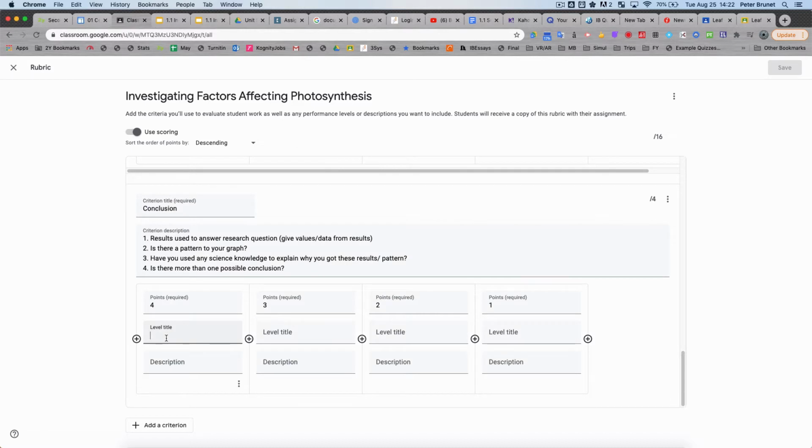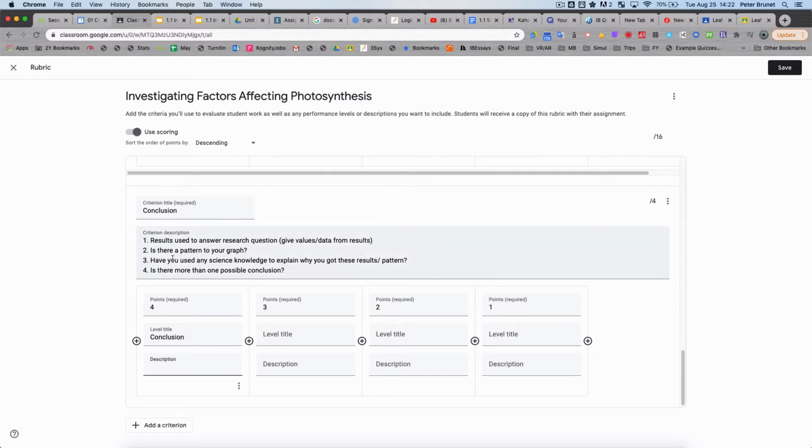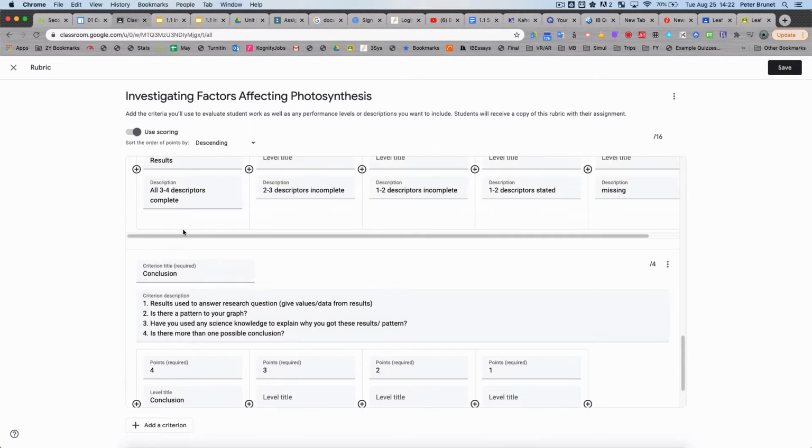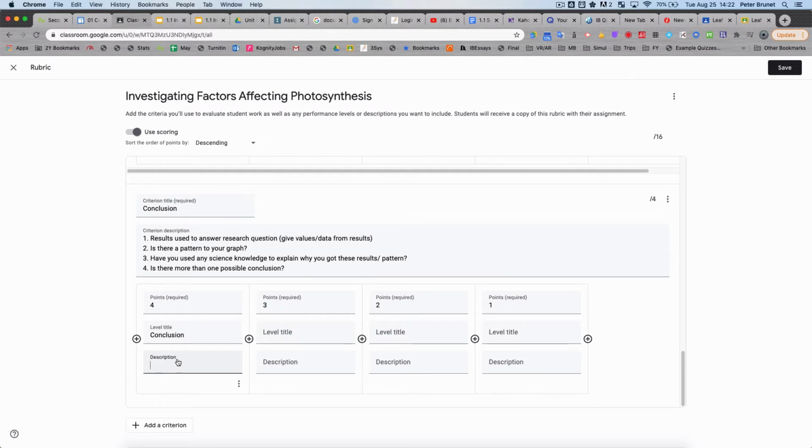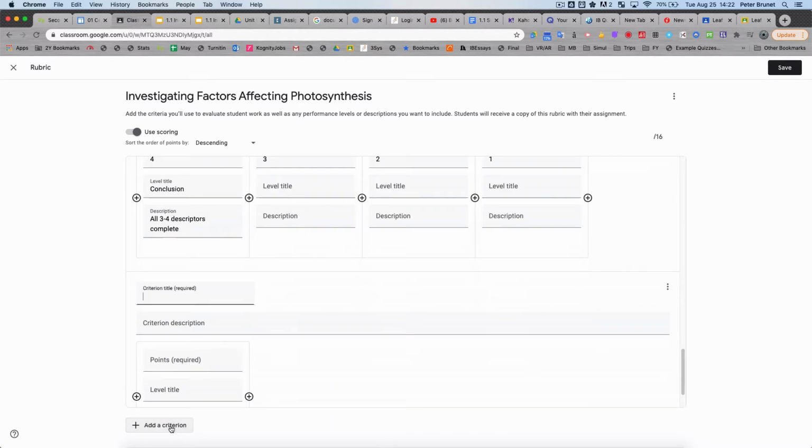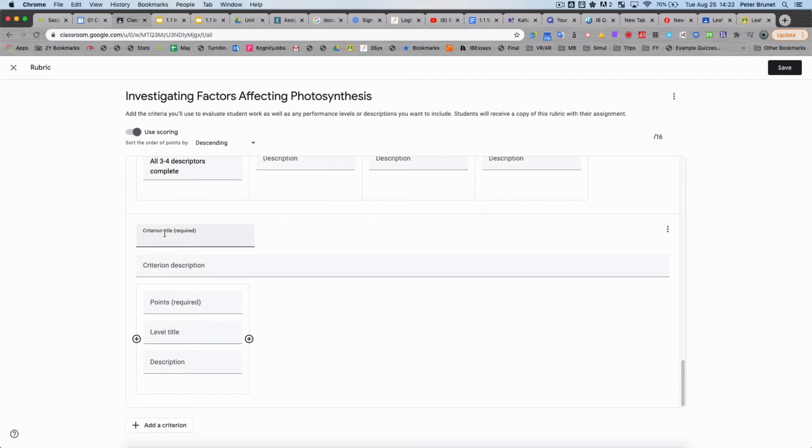So you can title this, same thing, or if you have specific things, and you can add a description. So what I've been putting is that they satisfy all of these four descriptors. So all 3 to 4 are complete, and I'll fill out the rest for these as well. So the way this works is you just click on add criterion, and then you type in a title. So I'll do evaluation,